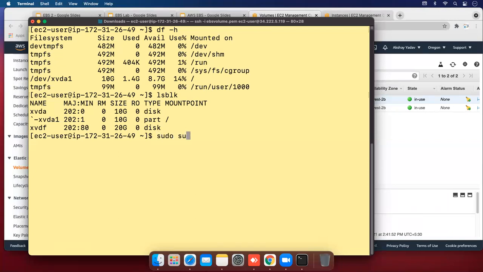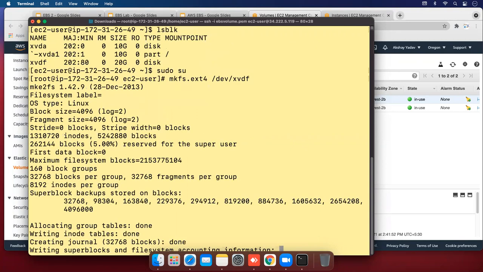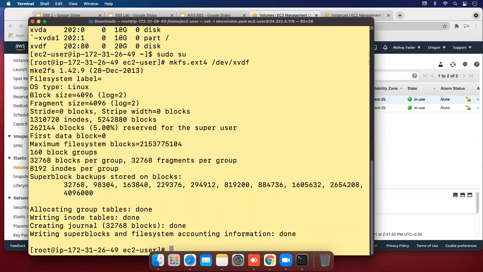First sudo su, hit enter, mkfs for format, and the file system is ext4, and the device you can see is xvdf. So /dev/xvdf, hit enter, and it is formatted successfully.